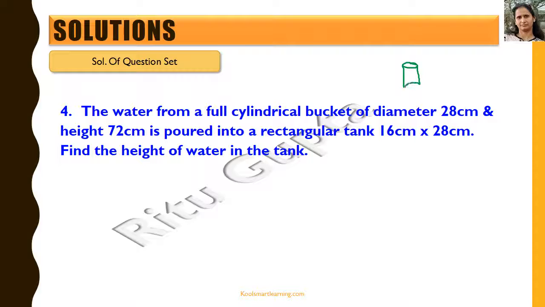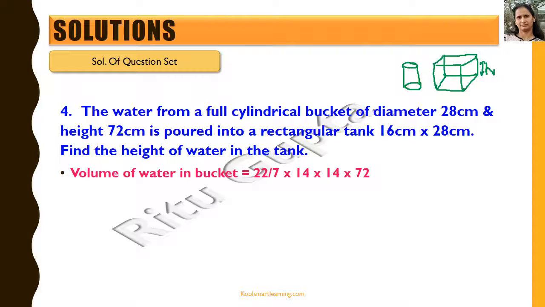So we have this cylindrical bucket and we have this rectangular tank. The water is poured from the bucket to the tank, and we need to see how much height the water will rise up to in the rectangular tank. So we know that the volume of water in the bucket will remain the same as the volume of water in the rectangular tank. So volume of water in the bucket is given by pi r square h, which is 22 by 7